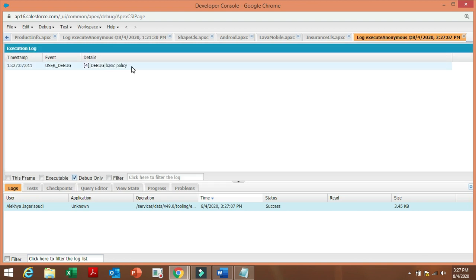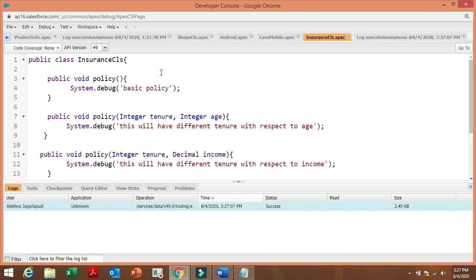We got the first one. If we give this one, we'll get the answer displayed in the debug log.